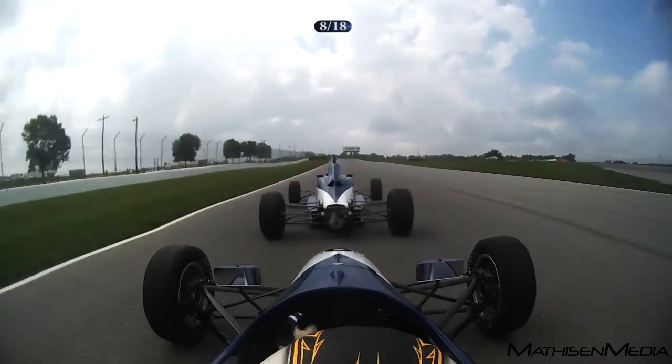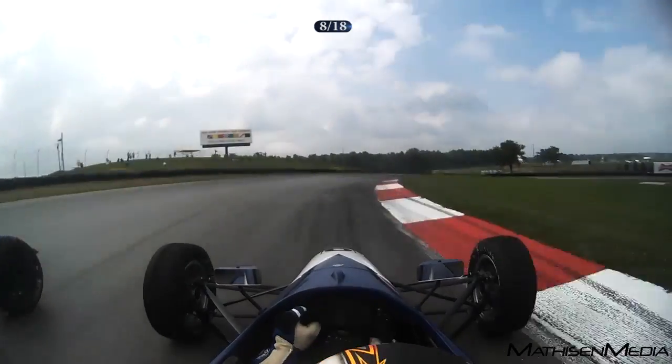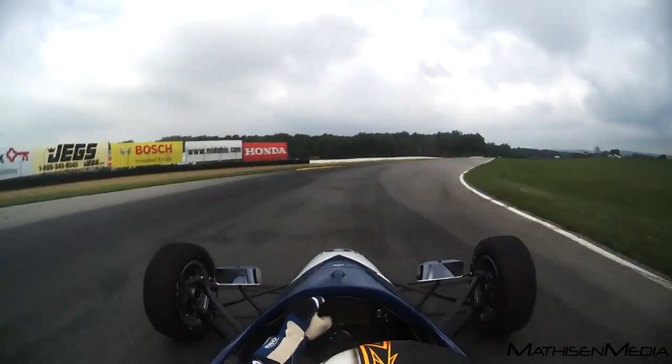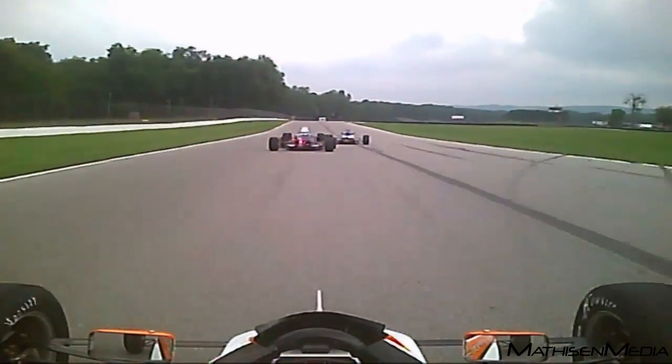Now Davies is looking for the lead, into the keyhole inside of Koika. Oh, he gets to the inside. Oh, it looks like, oh man, whoa. He's sliding all over the place, but he does make the pass for the lead, and it's a clean pass, but now...